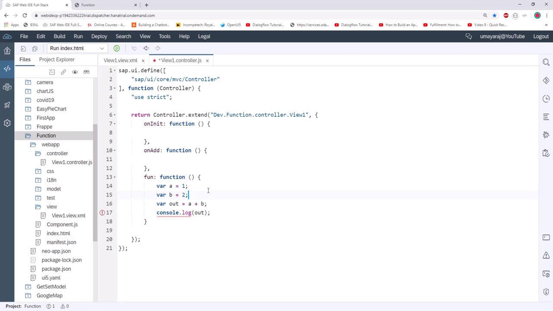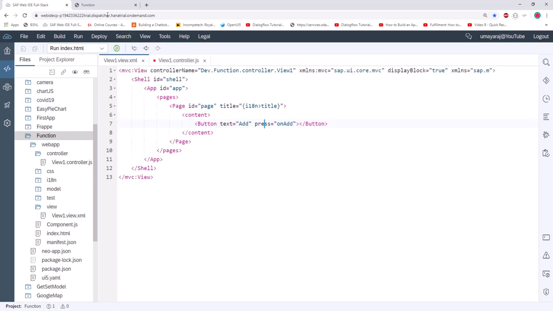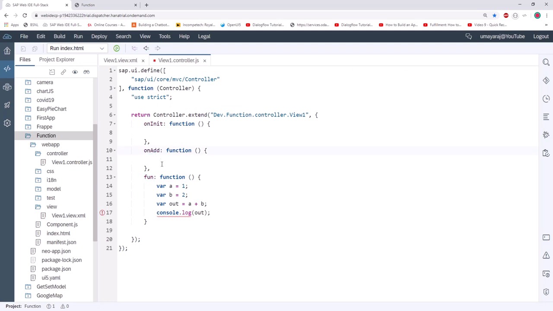So now I create another function, but whenever I click this add button, it only triggers this function onAdd, and in this onAdd it's empty, right? So how can we call this function inside the onAdd? So we know the definition, how to define this function. So now I tell you how to call this function. Use this keyword, then only it's allowed to call a function,